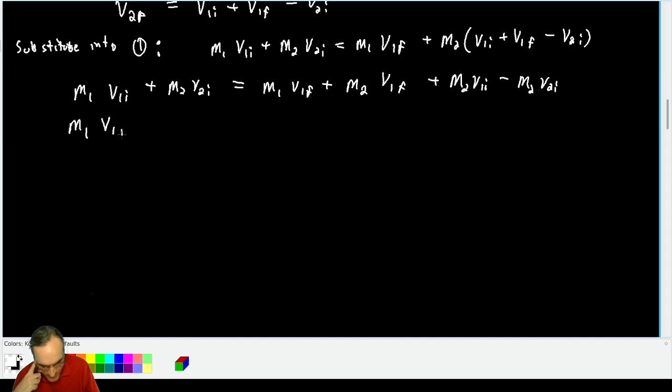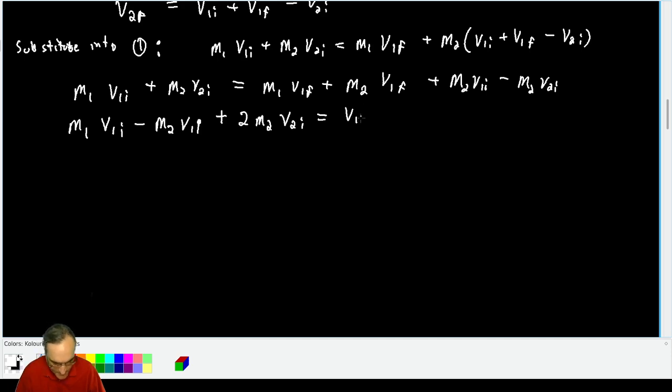So we'll have m1 v1 initial. I'm then going to take the m2 v1 initial and subtract it. So m1 v1 initial minus m2 v1 initial. Plus, we have an m2 v2 initial. On the other side, we have a minus m2 v2 initial. When we move it over, we'll add it. So we get a 2 m2 v2 initial equals v1 final times the quantity m1 plus m2. This pretty much has it, so v1 final is equal to m1 minus m2